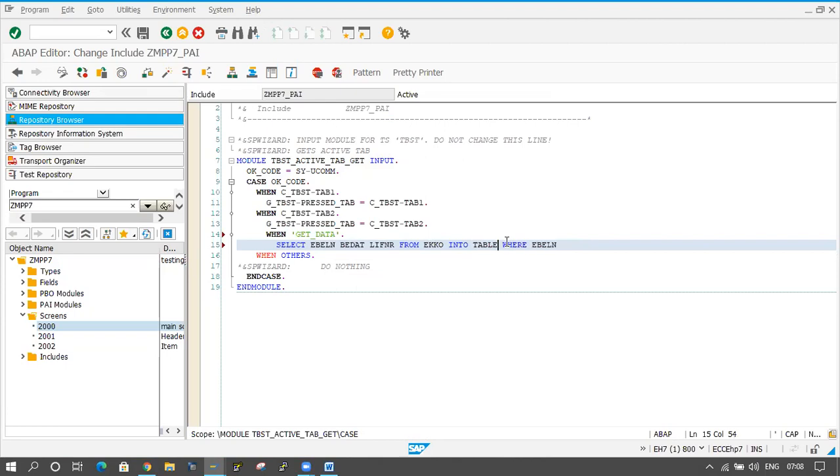Into table IT EKKO. I will declare that IT EKKO, I didn't declare that one. Where EBELN in S underscore EBELN.